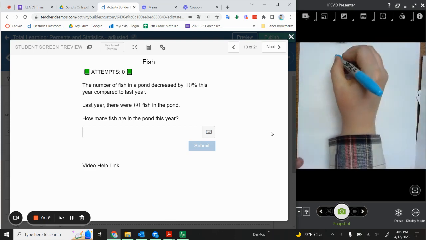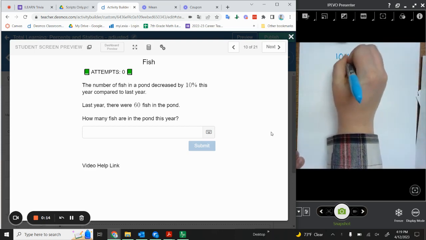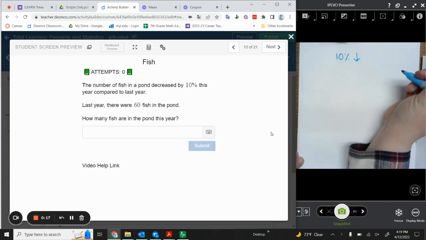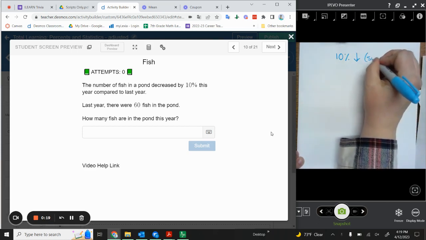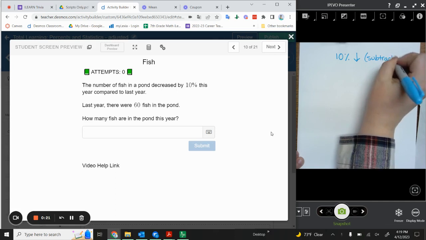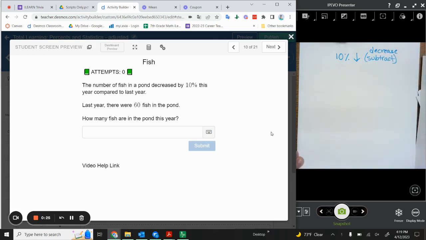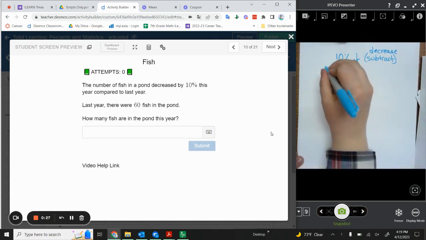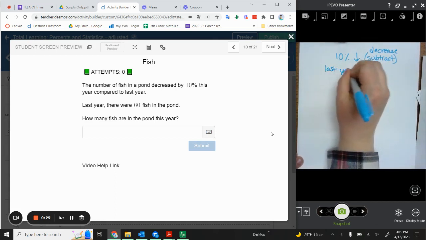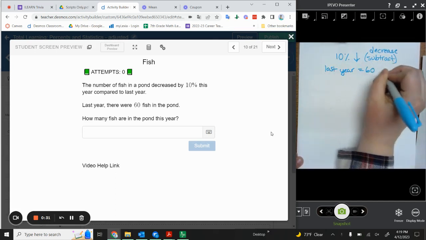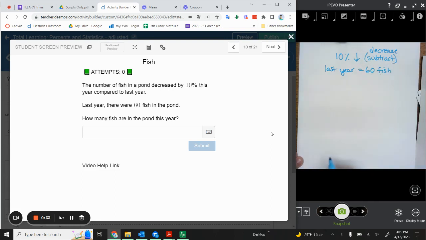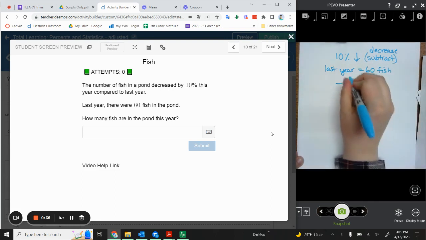So I know that I've got a 10% decrease happening here. Okay, I know that's going to mean I'm going to subtract because it's a decrease. That keyword stood out to me. And I know last year we had 60 fish. Okay, so what I'm going to do is I'm just going to set up a table